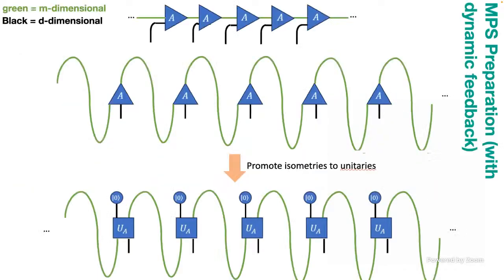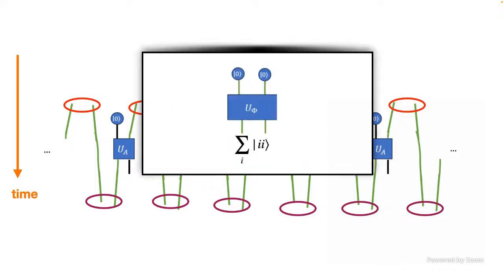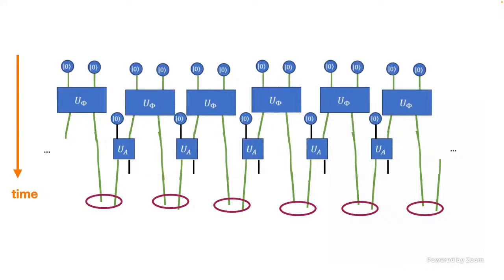And so what should we do? Well, we should pick a state that has the property: if it's 0 over here, it's 0 over here, and if it's 1 over here, it's 1 over here. And what is such a state? Well, that state is just an EPR pair, right? 00 plus 11. Okay. So I should just replace this thing up here with an EPR pair. Maybe I need a generalized EPR pair, but it has some bond dimension. And I go ahead and do that. And now this is looking better, except I have to do something at the bottom as well. That's a little bit more subtle, because I don't get to put some unitary circuit above it. The wires are coming down.